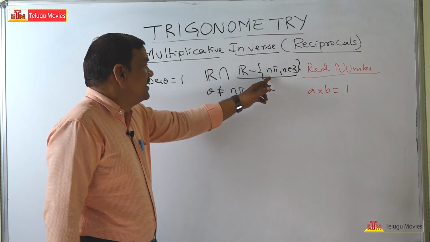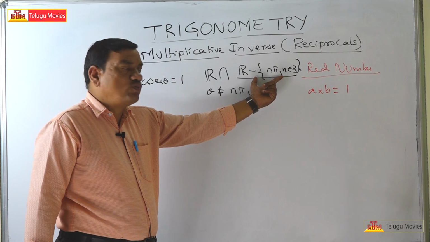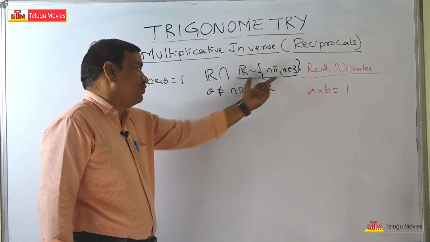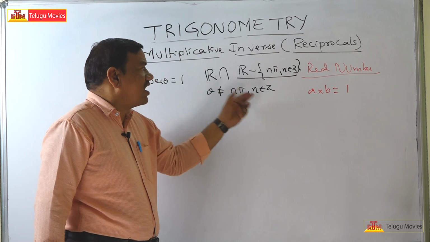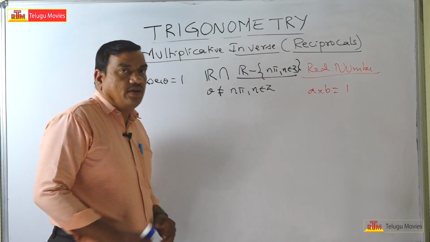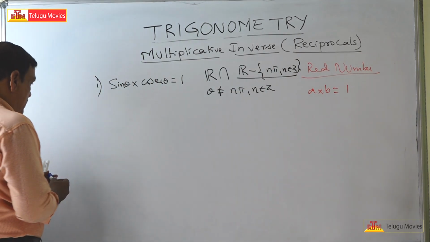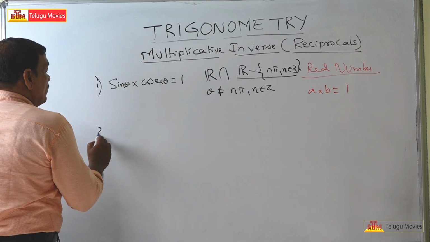Okay. That means their intersection part is obviously the smaller set. In short, we can write theta does not belong to n pi. Okay? Right. So, the second one is